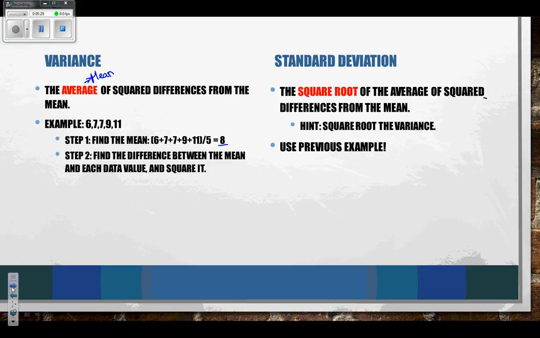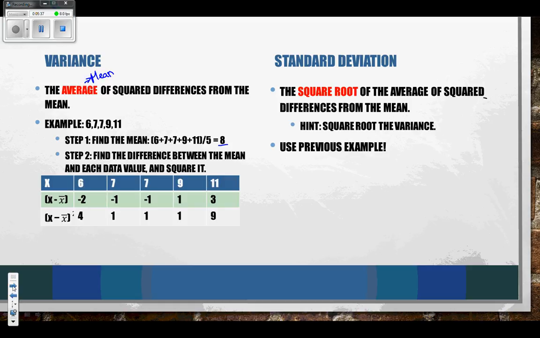The next step is to find the difference between the mean and each data value and square it. So I'm going to use a chart to help. In my chart, I have my x values. Then I'm going to fill in my numbers. So I have 6, 7, 7, 9, and 11. Then I'm going to take my value